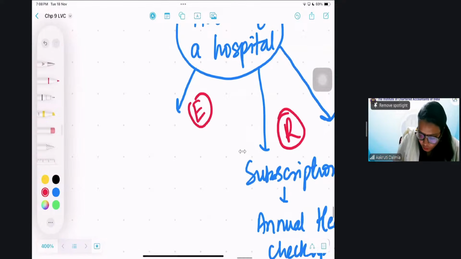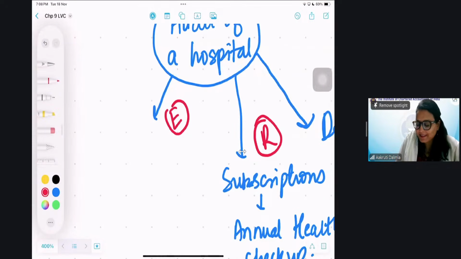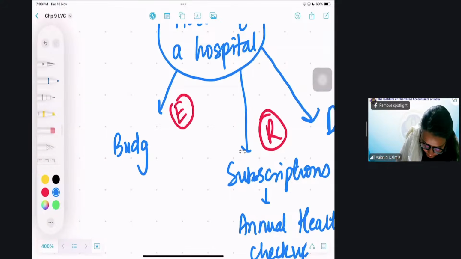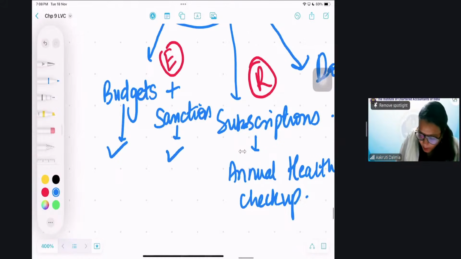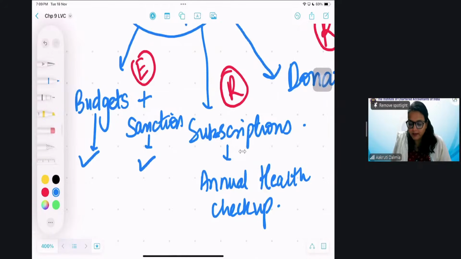E. So in hospitals, whenever you are making any kind of expenses, there are two main things, okay? Budgets plus sanction. So firstly, for any expense, there should be a proper budget and then it should be properly authorized. So in hospitals, we need to check there should be proper budget and proper sanction and authorization of the same. So all this should be done. So this one is done. Next important thing,